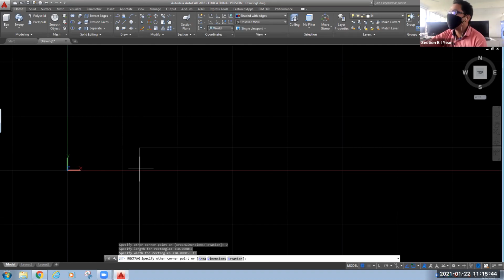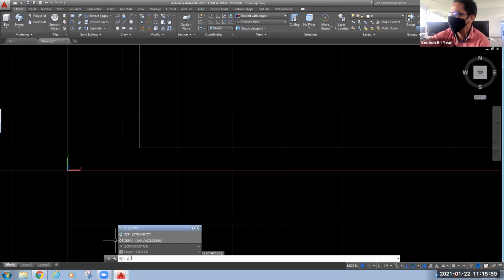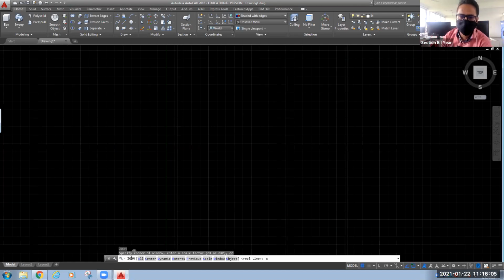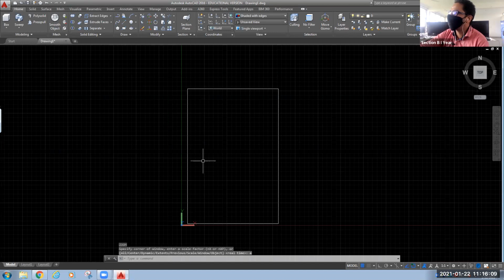Your rectangle is drawn, but you are not able to see it in your visible workspace. For that, the well-known command is zoom: Z, enter, and then A, enter. Very good, someone has written in the chat box. This is the rectangle that we have obtained.